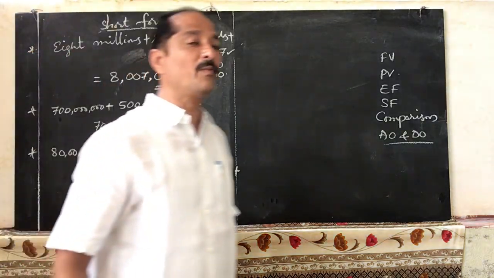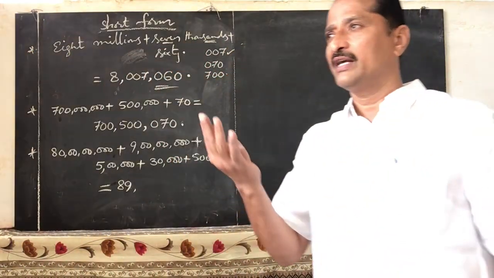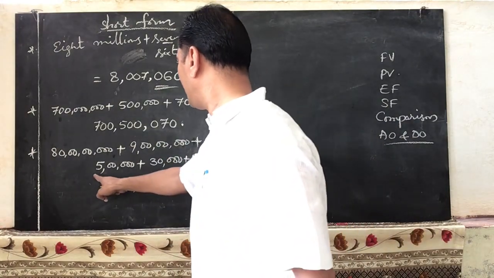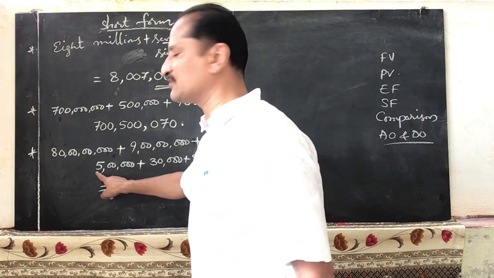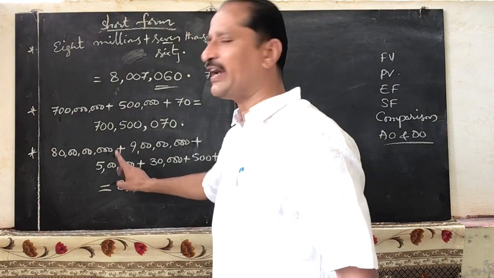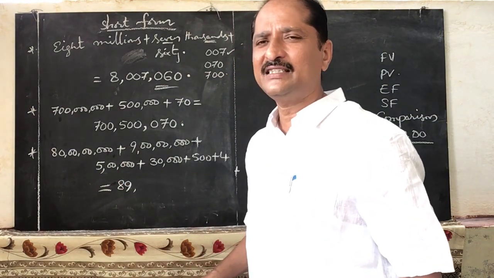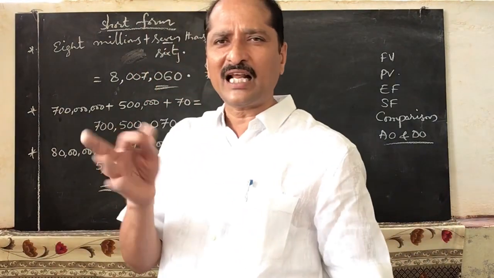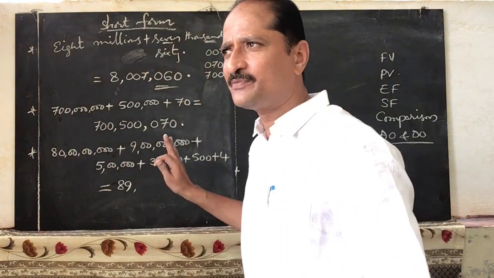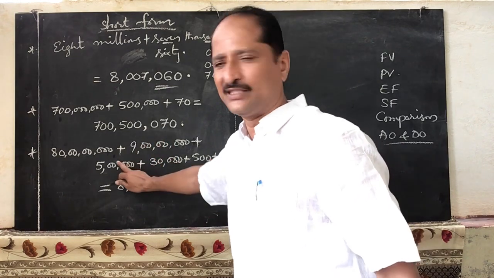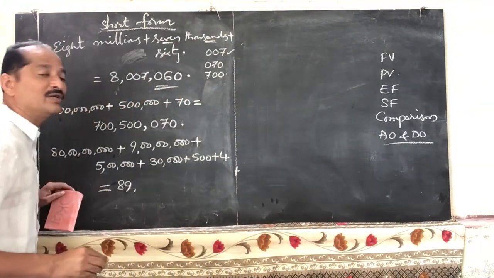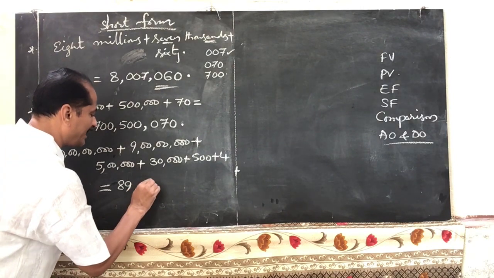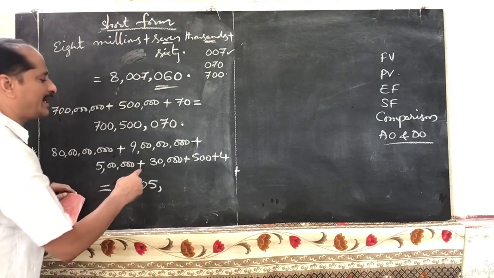Next lower, how many lakhs periods are there? We have the 10 lakhs period and the 1 lakhs period. Is there any digit in lakhs? Units, thousands, lakhs. Only 5 lakhs is here. So only 5 lakhs we have. How can you write 5 lakhs in 2 digits? In the 10 lakhs place nothing is there. No 10 lakhs. So only in the 1 lakhs place we have 5. That is 5 lakhs. So write down 5 lakhs in 2 digits. Lakhs period in 2 digits: 0, 5. Because only 5 lakhs is given.